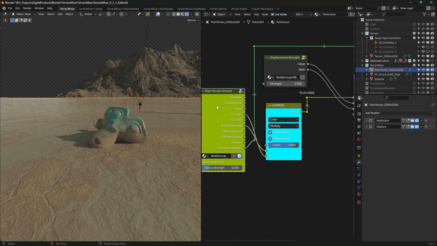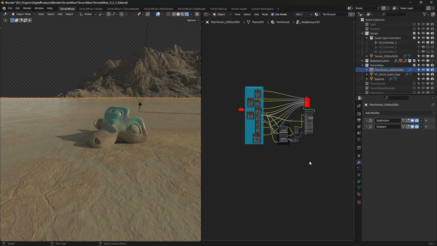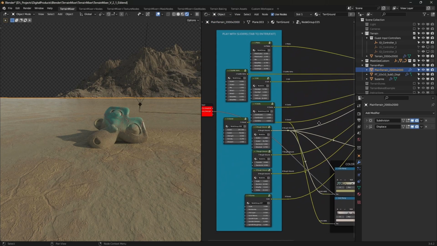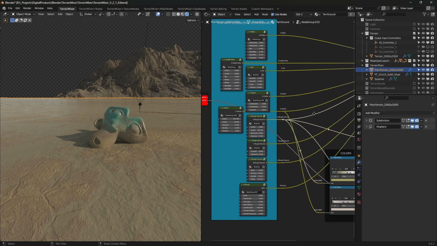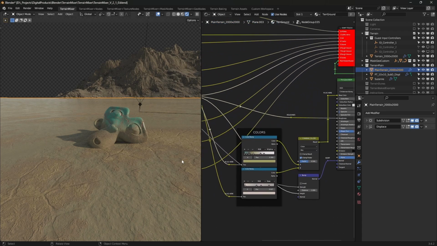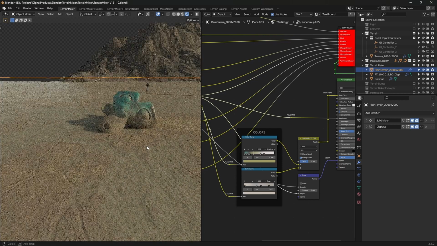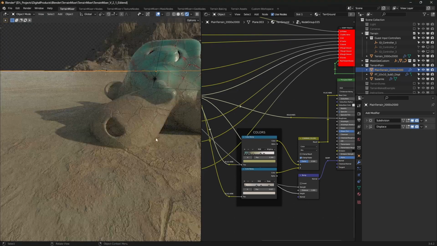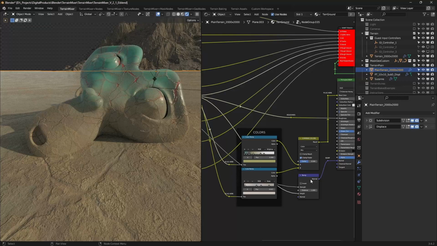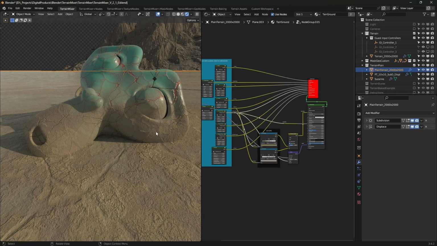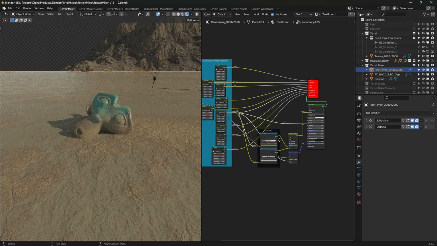Anyways, and of course, if you go inside by pressing Tab, you will find all the node groups that help you design this plain terrain. But this might be a topic for another video, and I don't want to spend too much time here explaining that. So let's close this and let's go inside